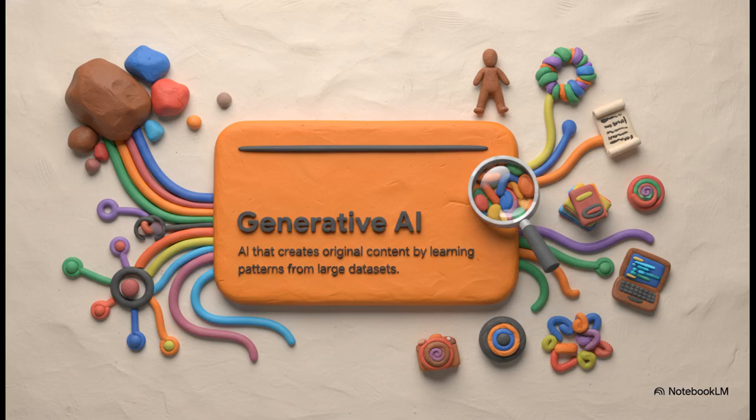So what actually is it? At its core, generative AI is a branch of artificial intelligence that creates entirely original content. We're talking text, images, music, videos, and even code. And it does this by learning patterns from massive data sets. Remember that raw clay we talked about earlier? Well, the AI consumes millions of examples of human writing, art, or code, and it figures out the underlying DNA of how those things are put together. Then it sculpts something that has literally never existed before.